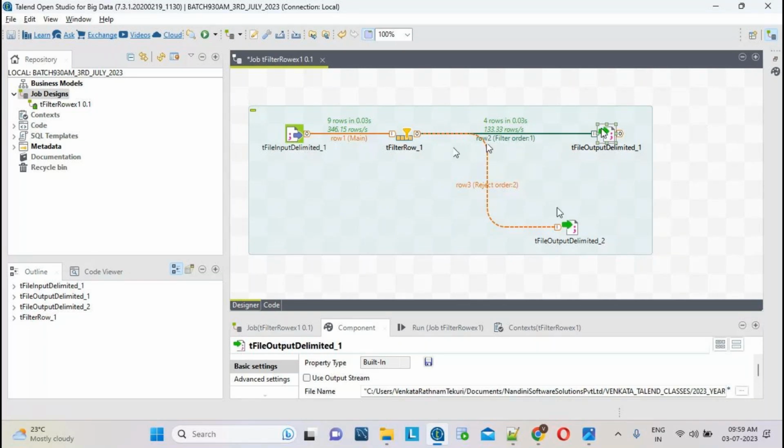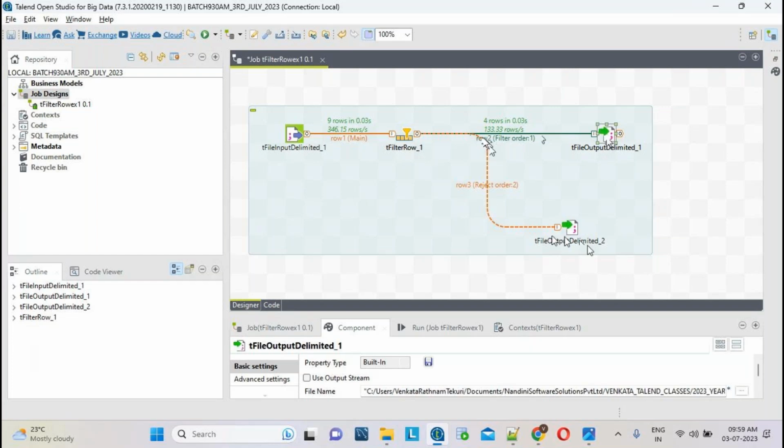Green line means main, yellow line means rejected one. There is a dotted line, a breaking line, that is called a reject line. A straight line with no breaks is called the main output.